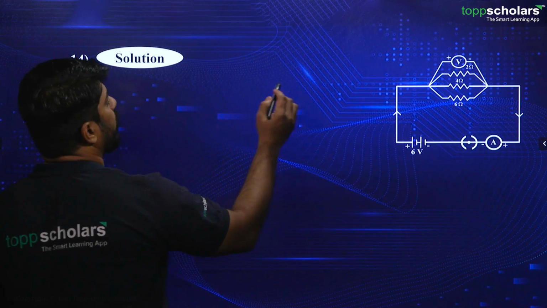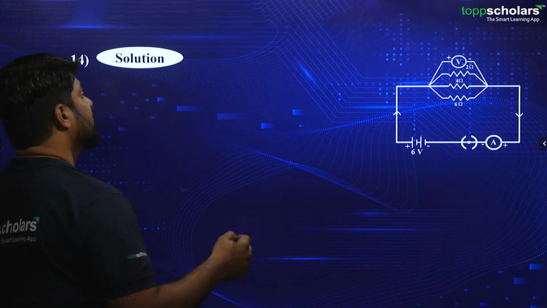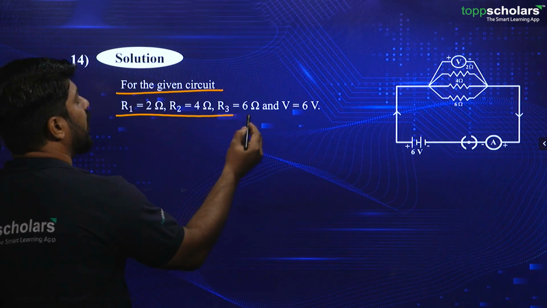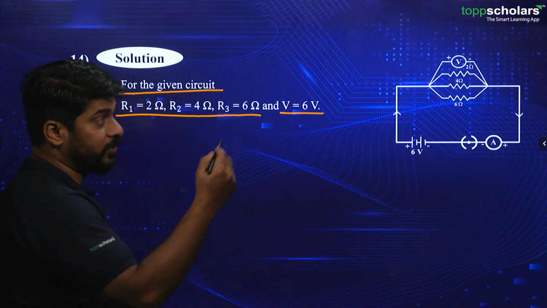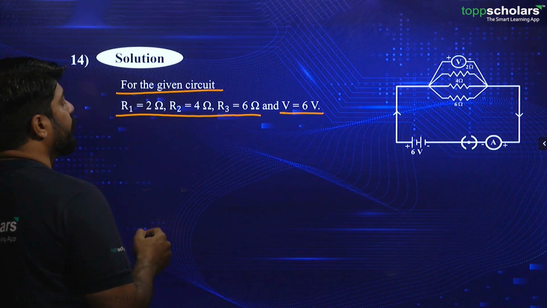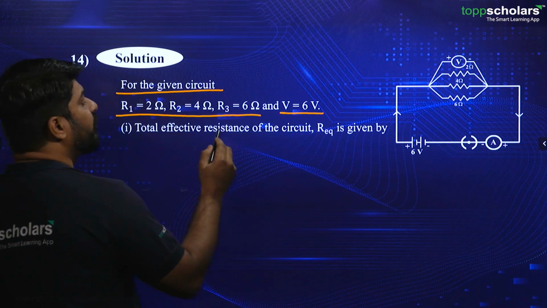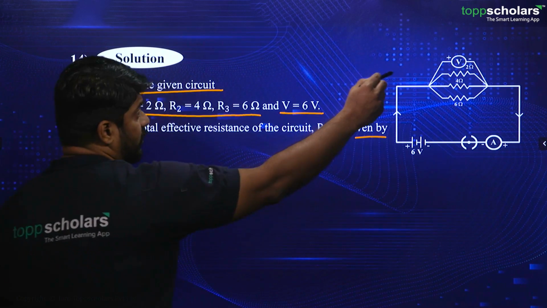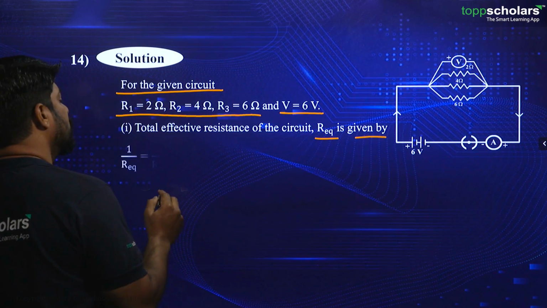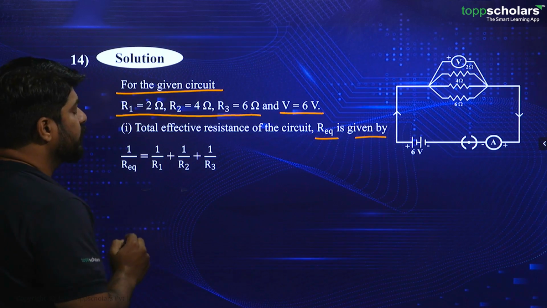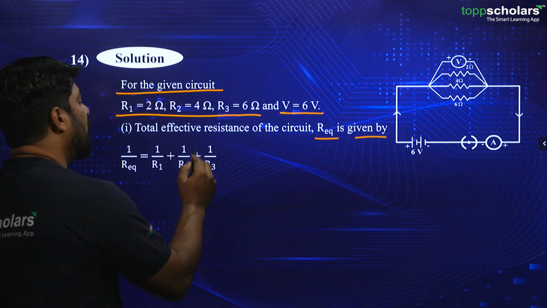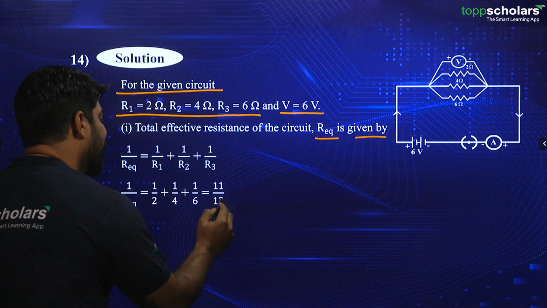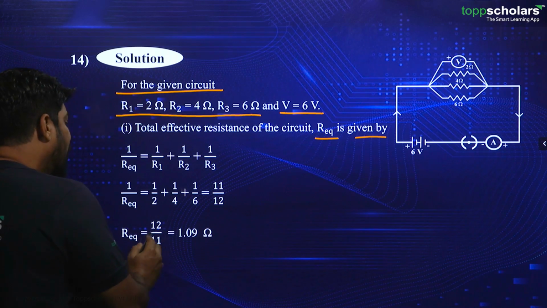Now we have to find out a few values like the total resistance. So for the given circuit R1, R2 and R3 are given, and V is also given as you can see in the circuit diagram. Here the total effective resistance of the circuit, that is R equivalent, since it's a parallel combination, we can use this formula: 1 upon R equivalent is equal to 1 upon R1 plus 1 upon R2 plus 1 upon R3, and after putting the values what we get finally is 11 upon 12, and therefore R equivalent is